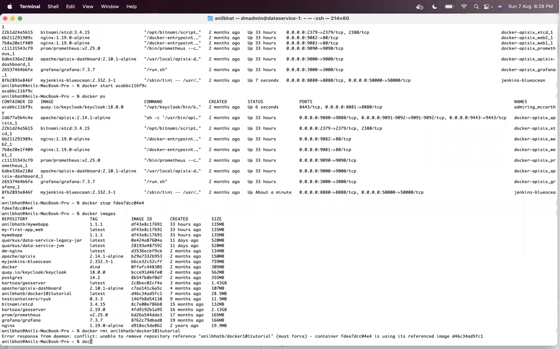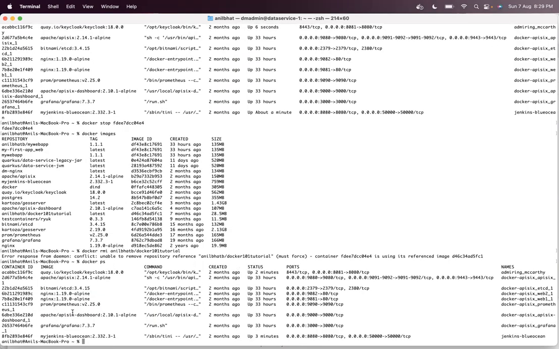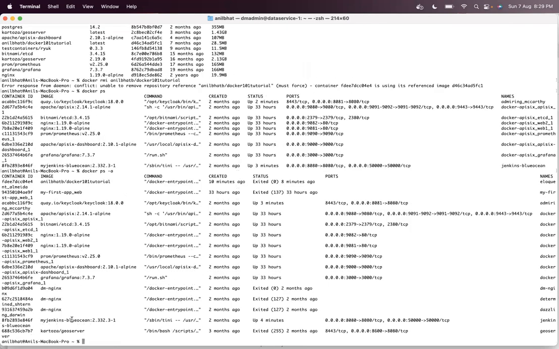Okay, so the Docker container will be deleted. Okay, the Docker container is already deleted. docker ps -a lists all containers. docker ps actually lists only running containers. ps -a lists you all containers.